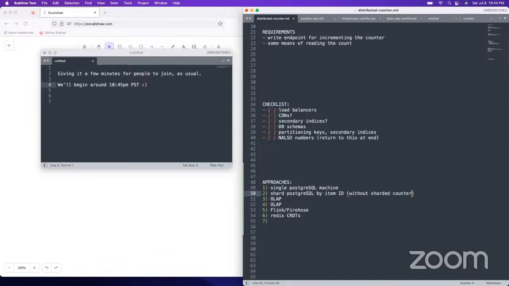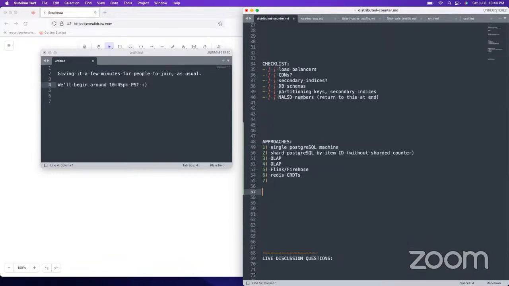I tried to do it at progressively higher scales. I got a complaint on a couple of the problems, like the hotel booking one, that I design for way higher of a scale than it really needs to be. The first thing you should do with your interviewers is clarify what the scale is, and you might just need a single PostgreSQL machine, and that would probably be fine. You might not even care about accuracy. So I should probably clarify ways that it can vary.